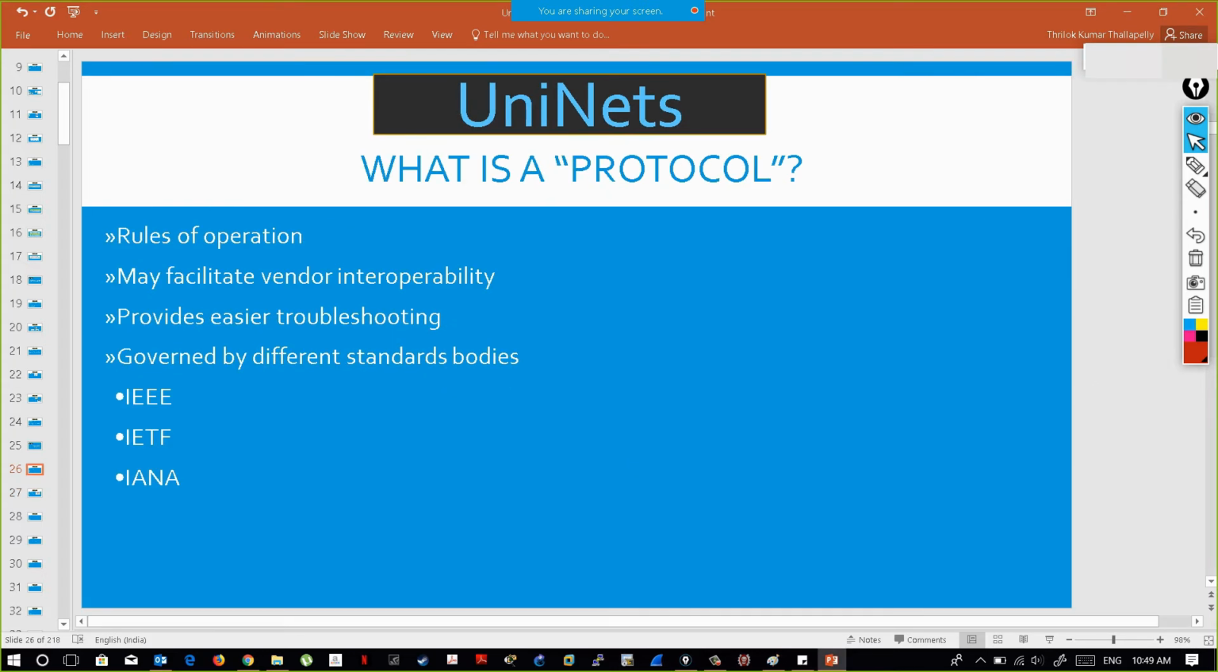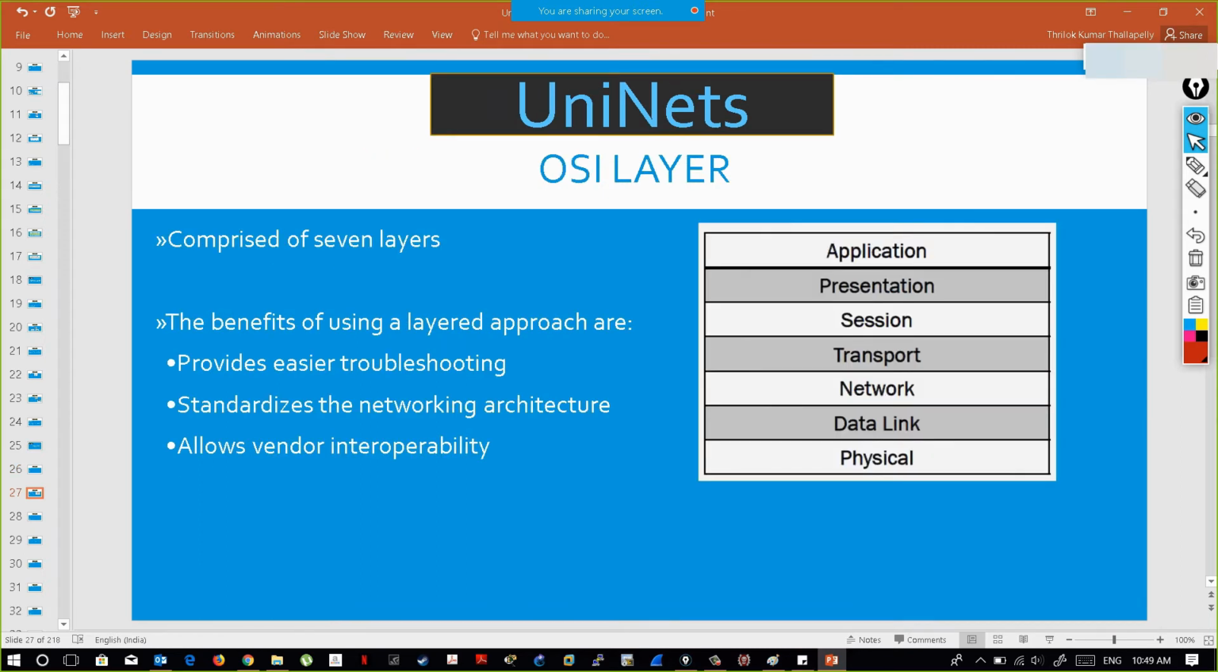Okay. Then what does the OSI model contain? The OSI model contains a set of protocols that every device will follow, so that communication is made easier, whatever the vendor may be. Okay. So the OSI model actually consists of 7 layers: